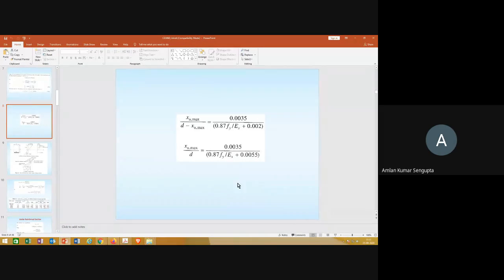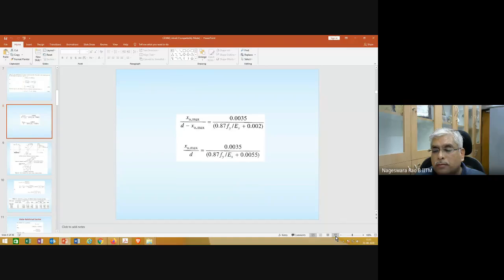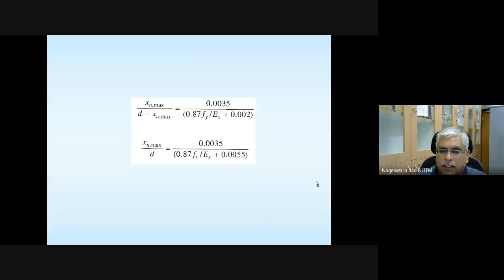Let me just emphasize the concept of ductility. See, in the limiting state, since the section is about to fail, a ductile behavior, meaning the ability to deform, is always preferred. And this restriction of the steel strain to not exceed that value is to make sure that the sections are ductile. Okay, any questions at this stage? Any questions?